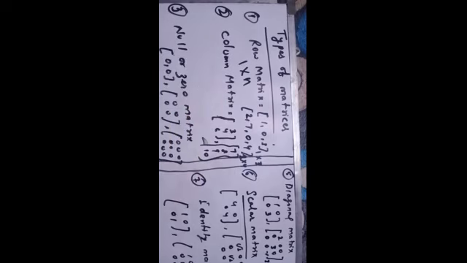Similarly, in column matrix, you will get all the elements in a single column. So 3 4 6, this is your way of representing any column matrix. So you are getting all the elements in a single column only. And similarly 7 8 9 10, we are getting all the elements in a single column.